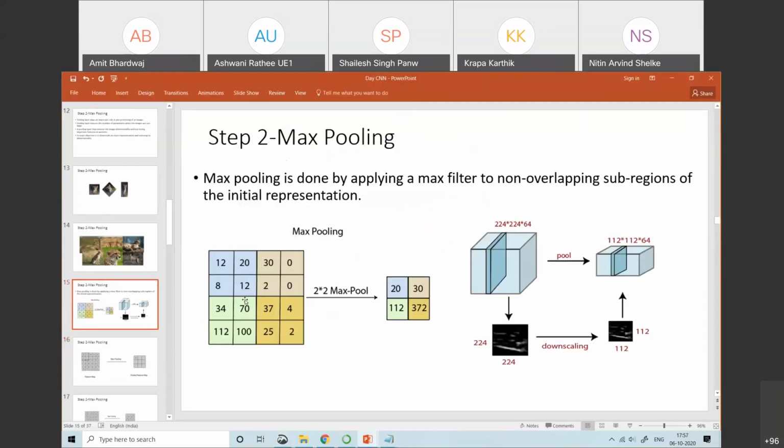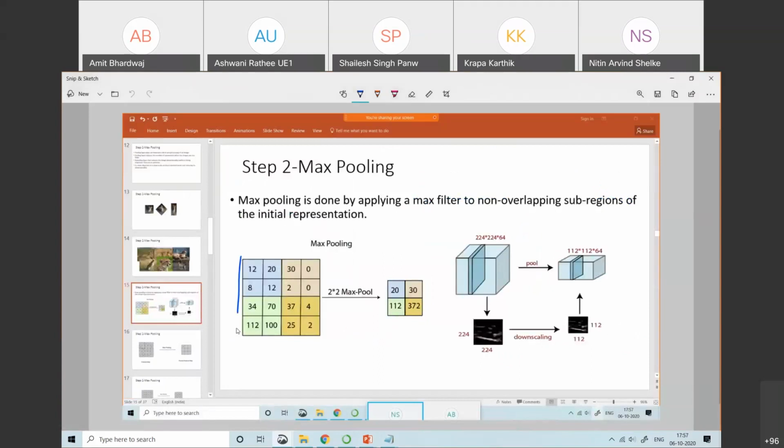In the last class we also had an example, where I wanted to explain this max pooling. As far as this dummy example is concerned, this is one block, and from this block the maximum is 20. For this block, the maximum is 30. For this block, the maximum is 112.